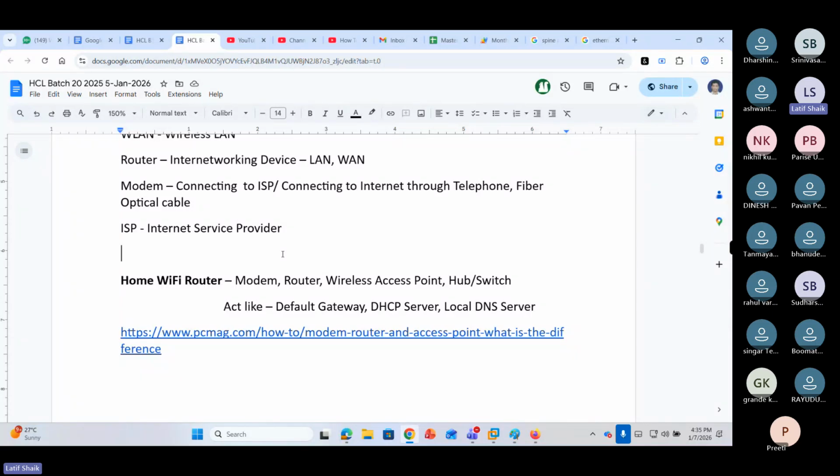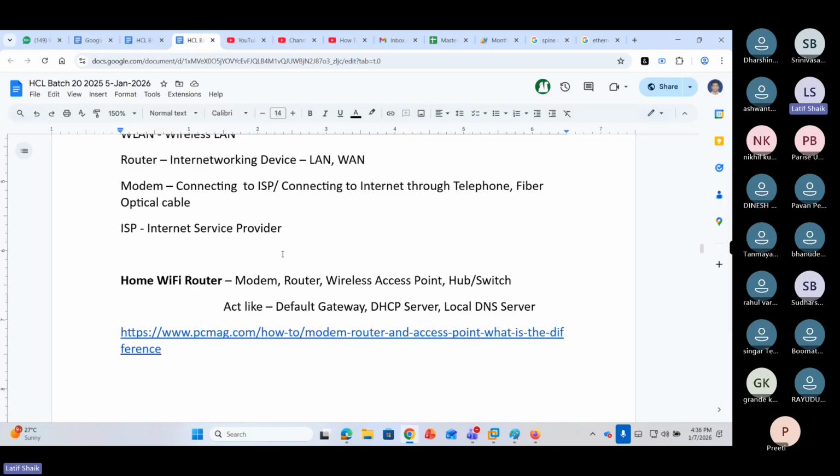Meaning, we're accessing google.com, facebook.com, youtube.com. We don't know their IP addresses. We don't use an IP address; simply we use the names. But we need an IP address, so we request a DNS server.